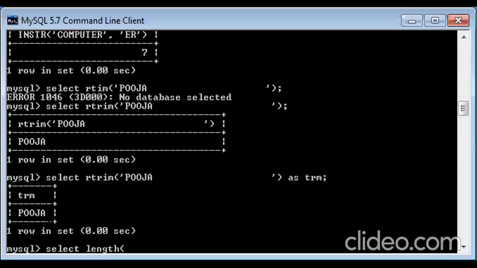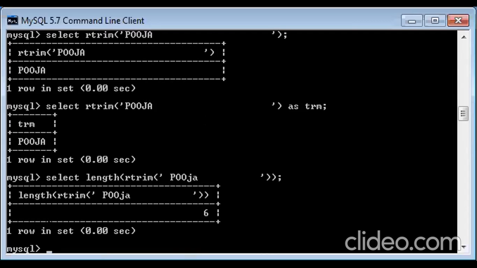Length is a function and I first wanted to trim the space and then calculate the length of it. So can I do it like this? So you can see I got the length of this. So before trimming, after trimming, let's take it out without trimming. What's the length of this? So that we can figure out whether it has been trimmed or not.